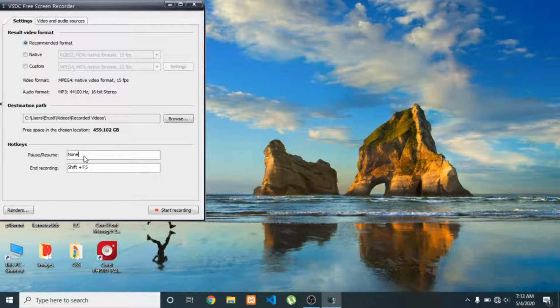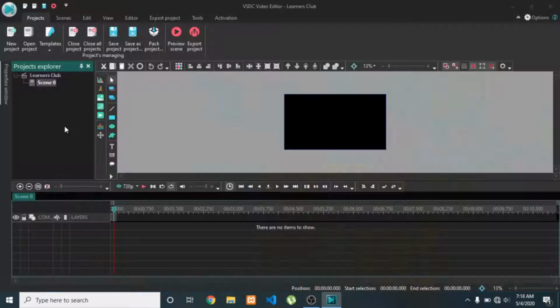And if you want to assign a new one, then you can just click on it and press the key which you want to assign. Plus option for pausing and resuming, and for ending the recording. Initially it was Shift F5, and after pressing backspace I would like to assign a new key.